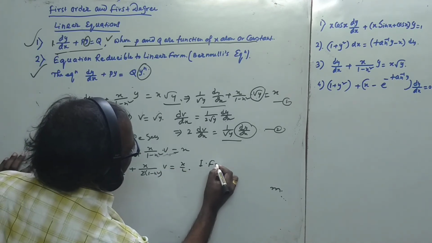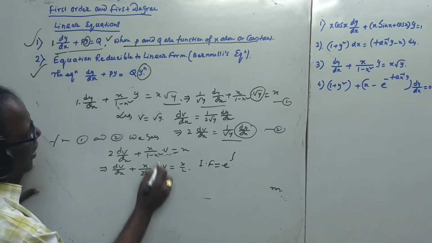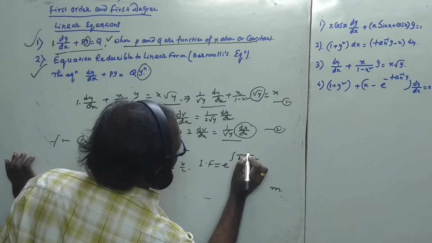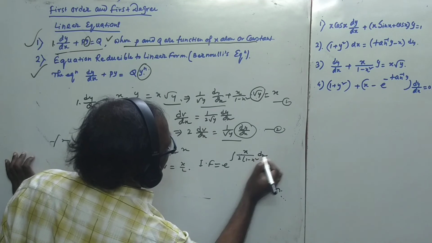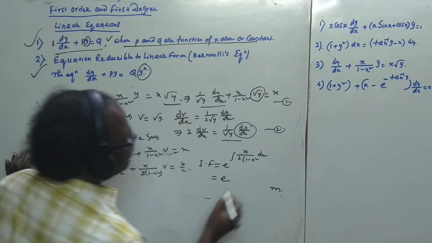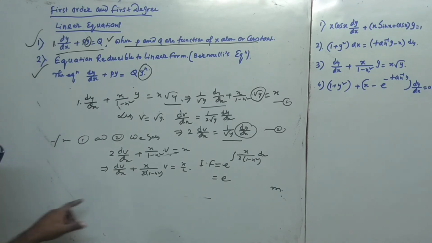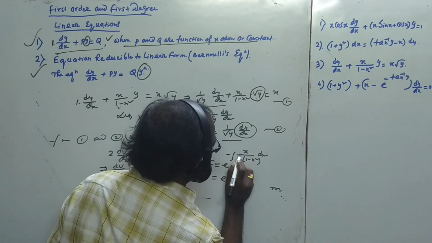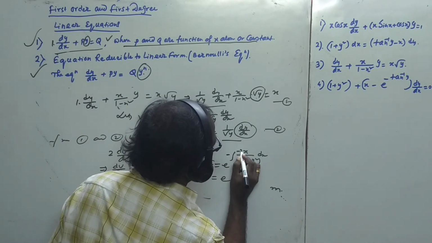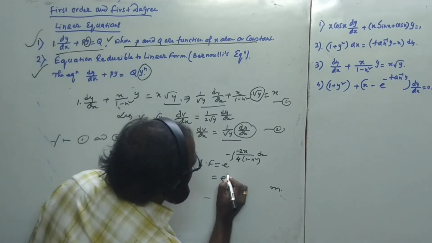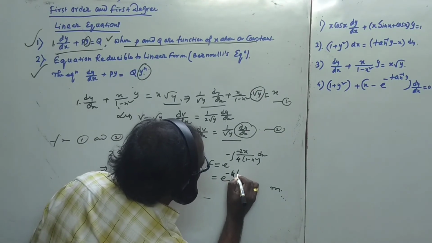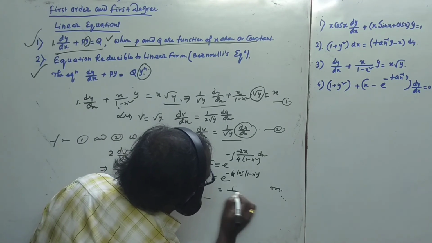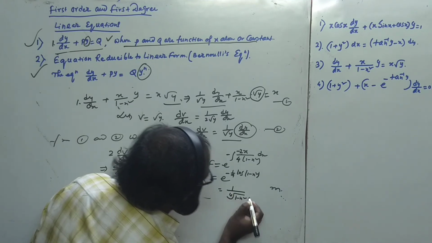Now find the integrating factor, which is e to the power integral of p dx, that is integral of x by 2 times (1 minus x square) dx. Now see here, x by 2(1 minus x square): this is a difference, so you can write it with a minus. The integral is minus 1 by 4 log mod of 1 minus x square, so the integrating factor is 1 by the fourth root of 1 minus x square.